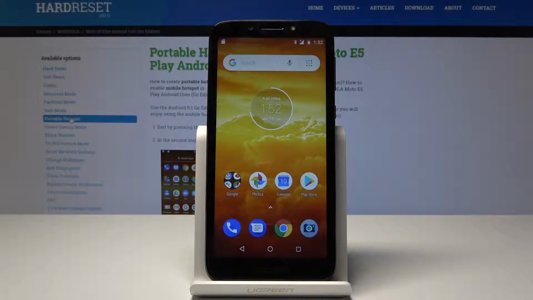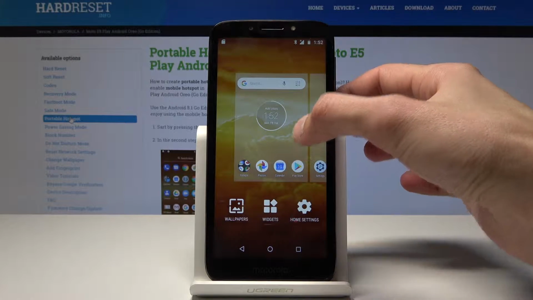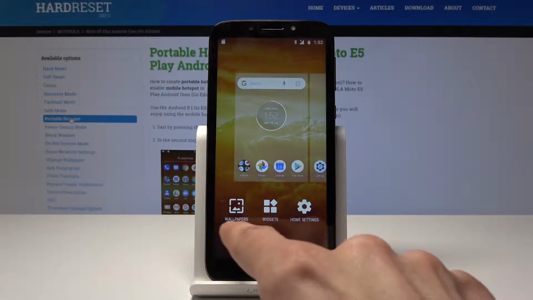Welcome. In front of me is a Motorola E5 Play, and today I'll show you how to change the wallpaper. So, to do it, you will basically need to hold the screen like this, and you'll see this little icon